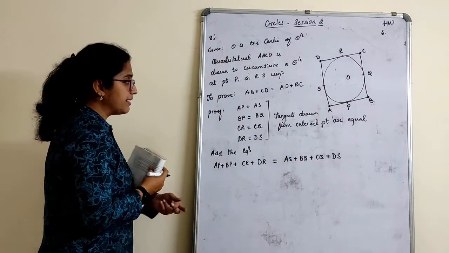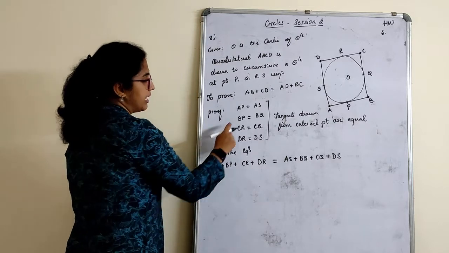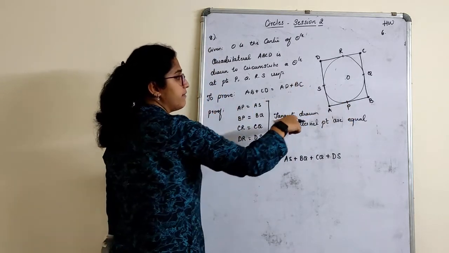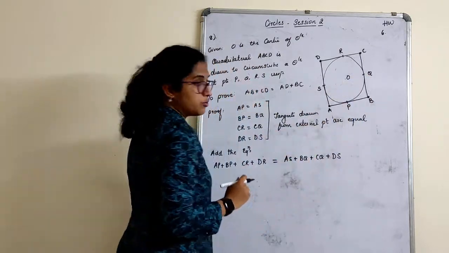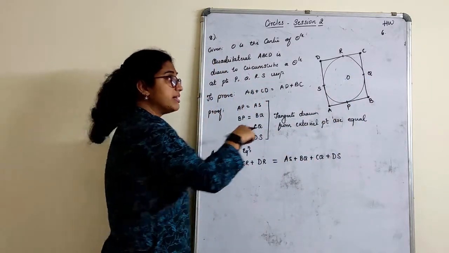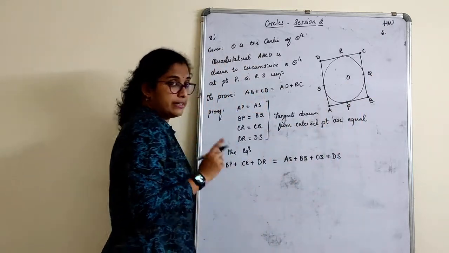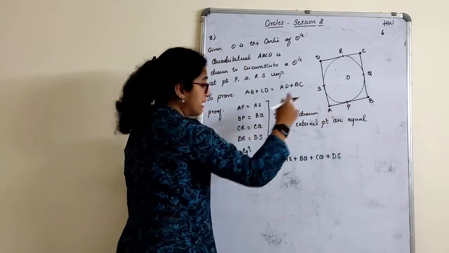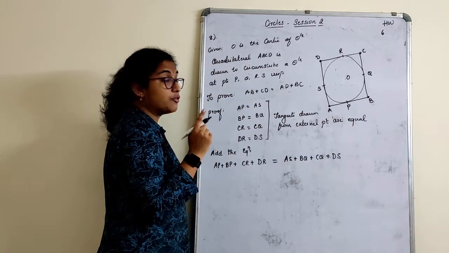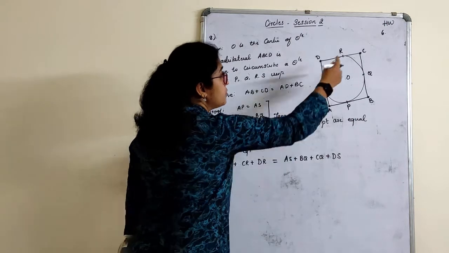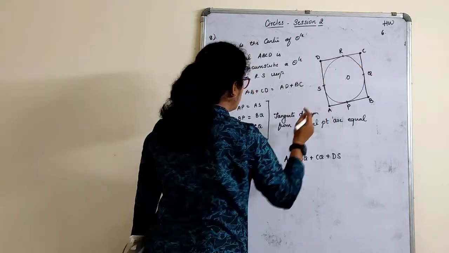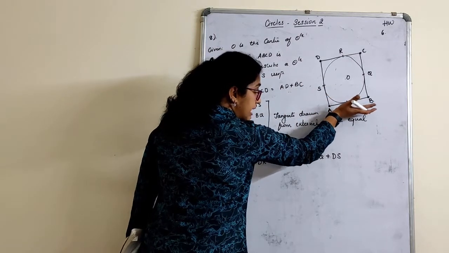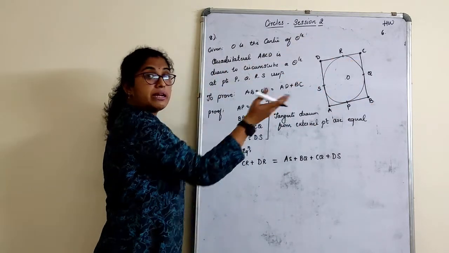Be very careful in adding here. Just see here and make sure that AP is equal to AS, I have used this. The next time we'll write BP is equal to BQ. I could have also written BQ is equal to BP, right? But I make sure if I have used AP, I will use this side only, and correctly I will use the next part also. That is how you have to see and write. Next, I have used CR is equal to CQ. Why not CQ is equal to CR? I make sure if I have used this side, I make use of this side with respect to the tangent.